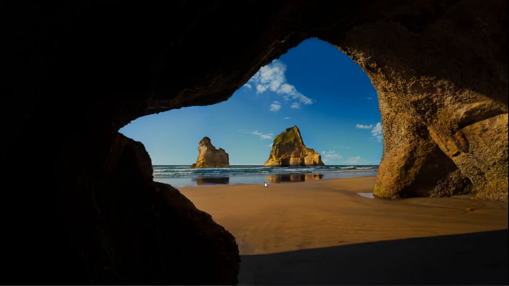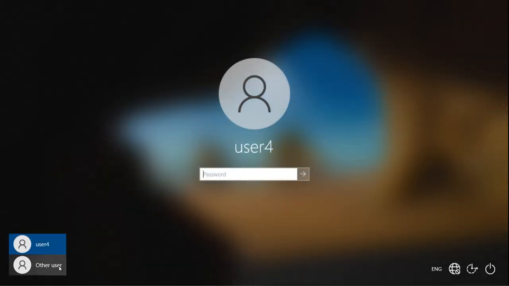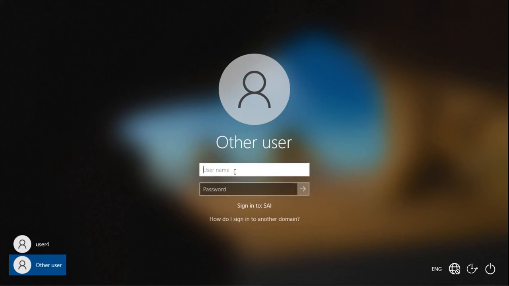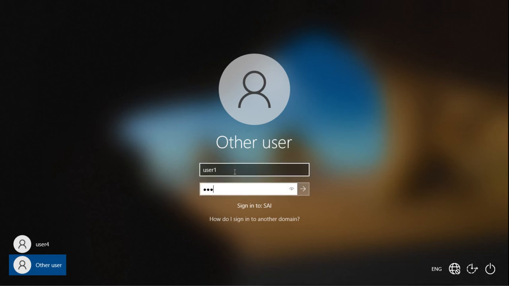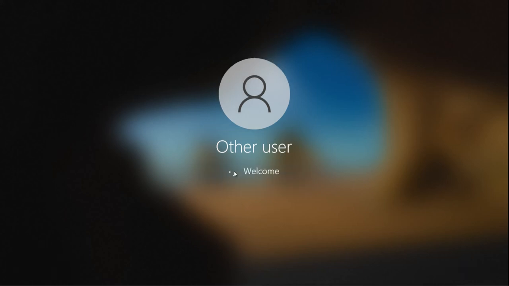Now this is our Windows 10 client machine. I will go to other user and log in as user 1, which is under the Mumbai OU. I will try to log in with that, and the policy is going to be applied on this user.